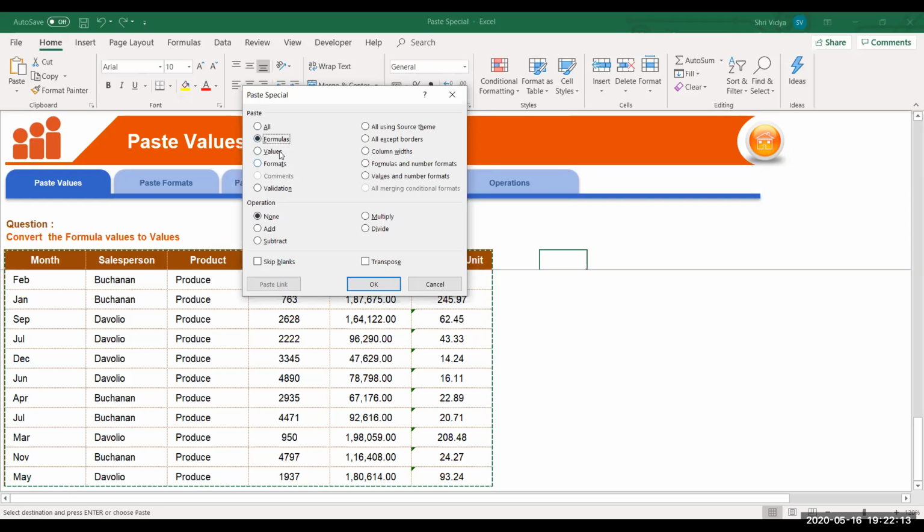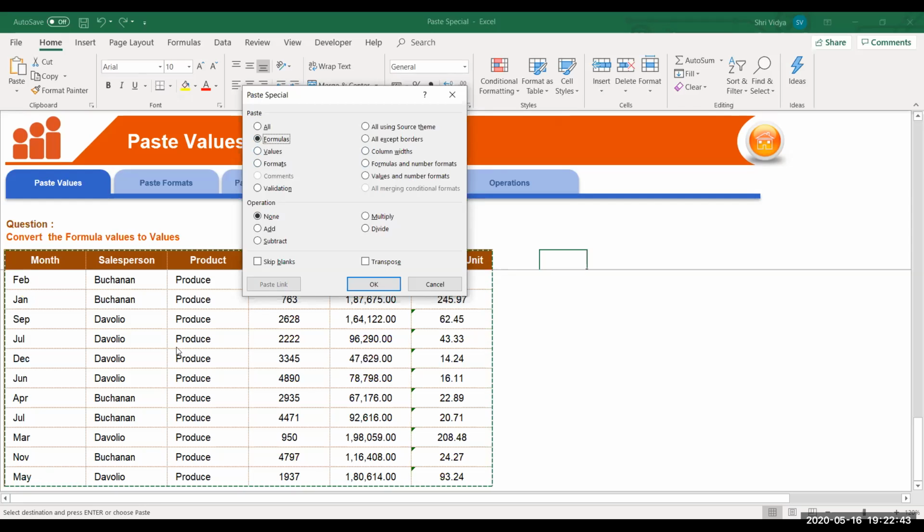And you could be using these hotkeys as well. Hotkeys are the letters which have got underlined. Using your keyboard, you can navigate to the particular option that you want. Now let's say I would like to choose column width. I'll just type W here. It will take you there. Now I want to choose formulas. I'll press F. It will take me there. You don't have to memorize it.